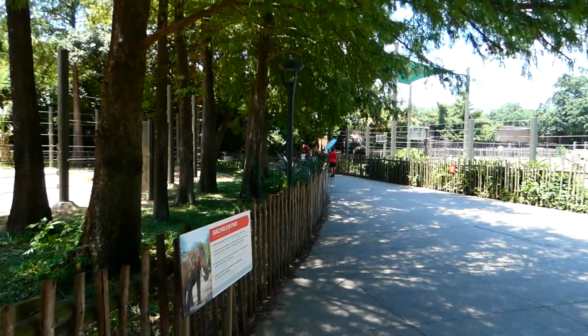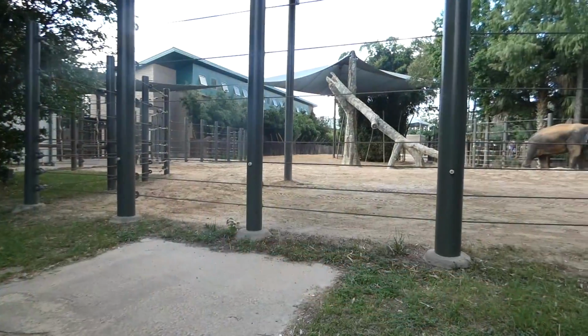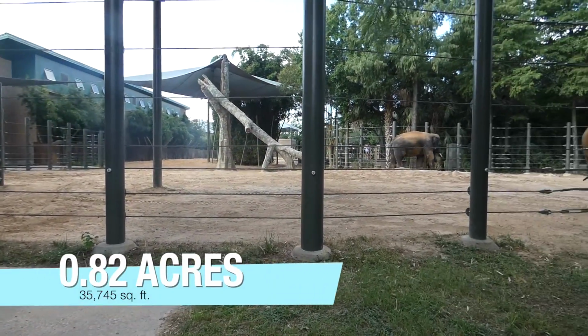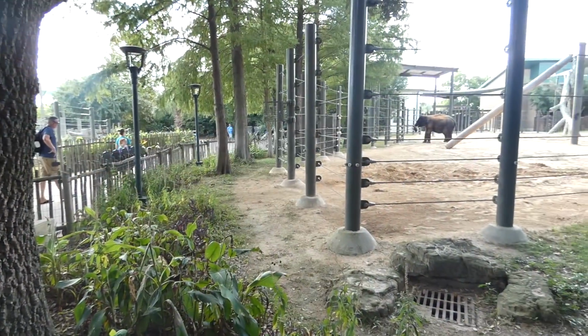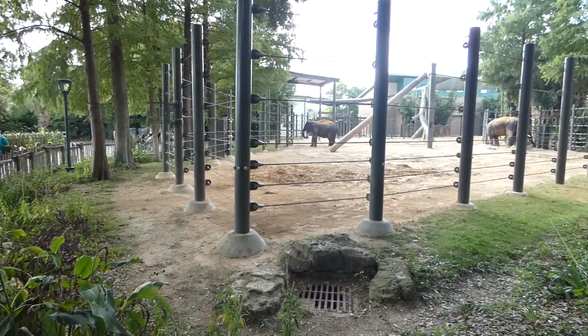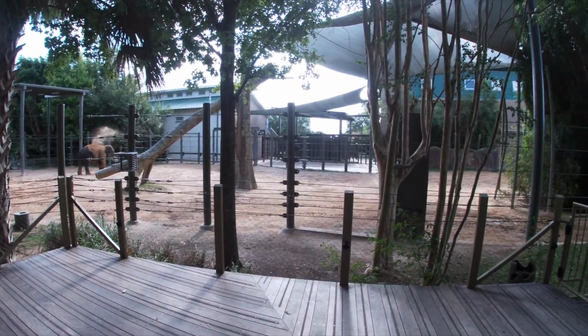On the other side of the middle path is the bachelor pad. Their exhibit is roughly 35,000 square feet. Just like the female yard, the visitor viewing goes along the entire length of the front side, except here it kinda comes in sections. The left side is ground level, then steps take you on a boardwalk to see the